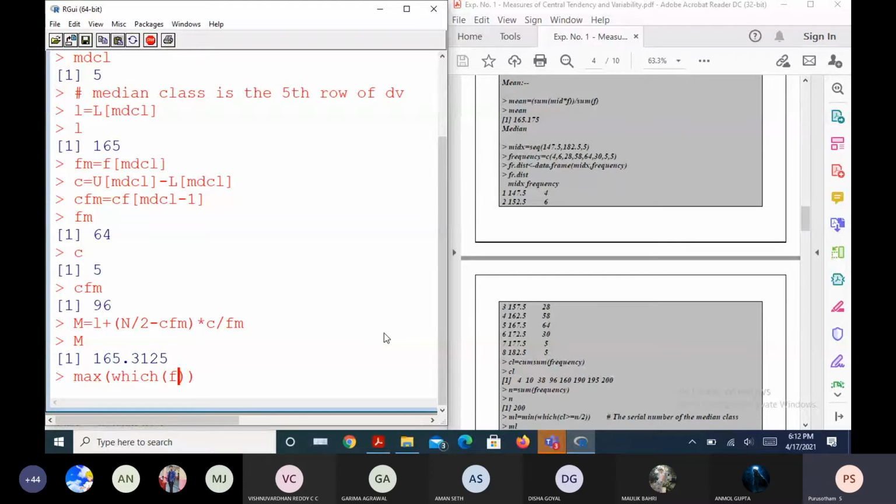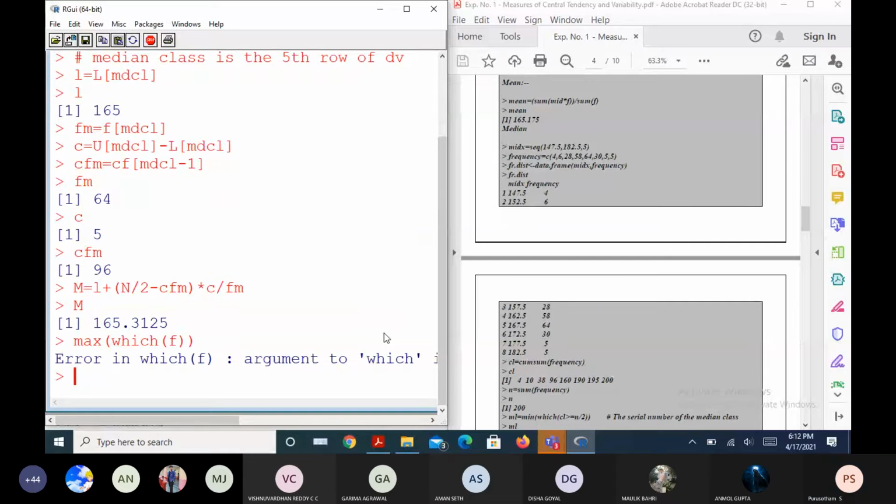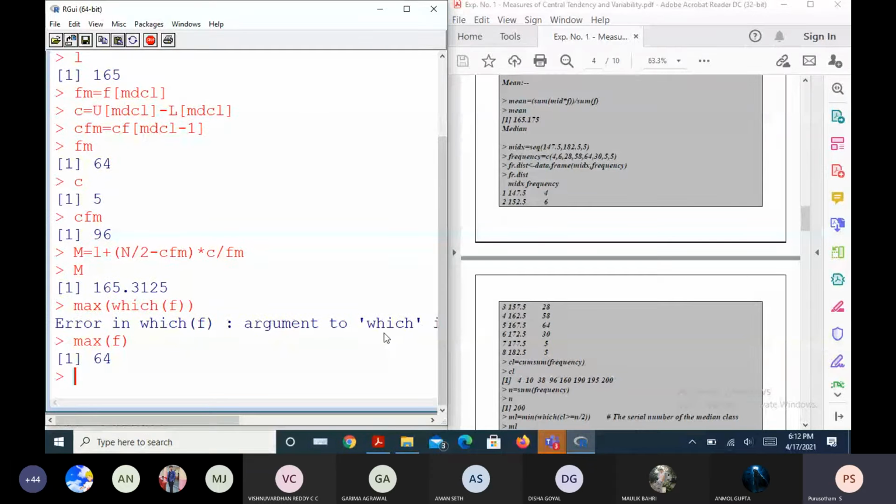Okay, so someone said this syntax. Is it working? No. Max of which f? Then what to do? Sir, we can write max of f. That is it. Okay, simply max of f. So the maximum of f is given as 64, but we